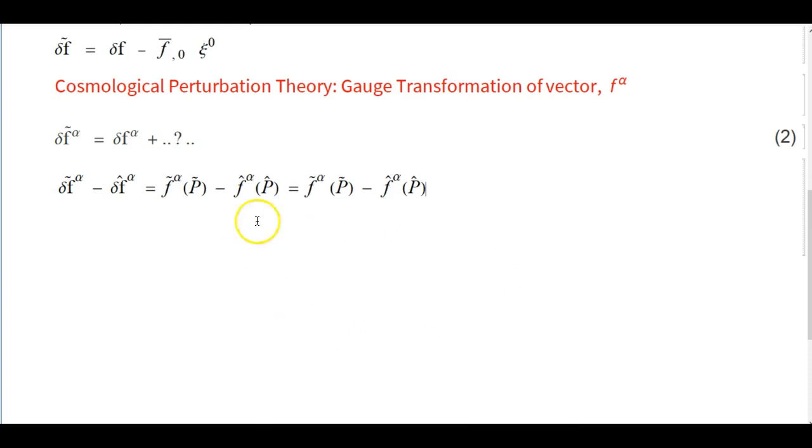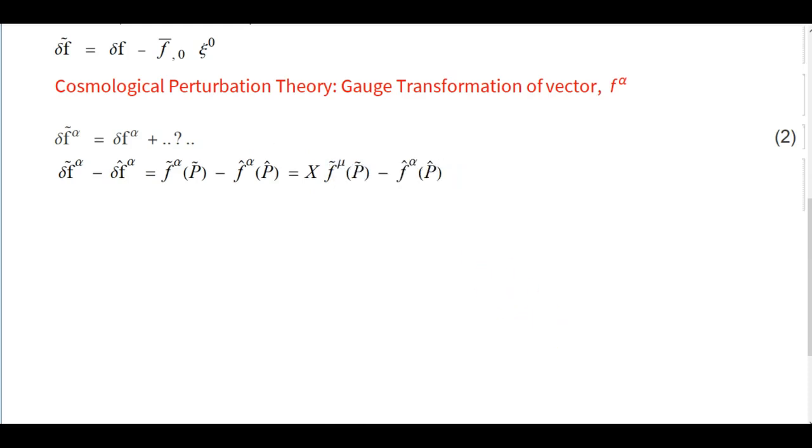So this will become, I can write here x, this is tilde, this will become mu caret, and can say